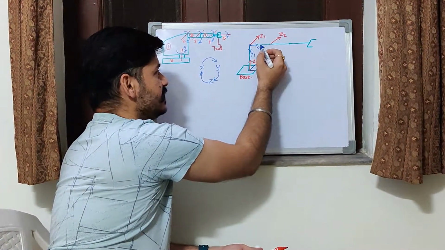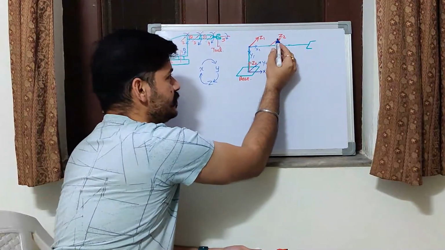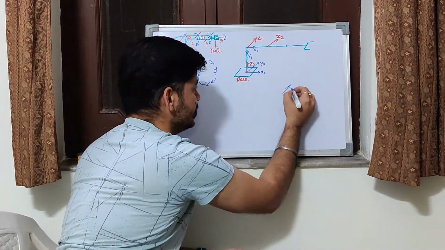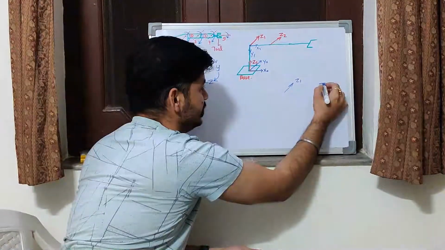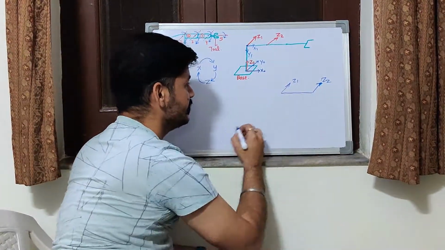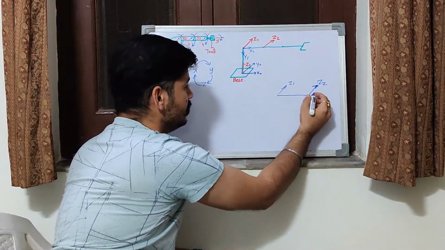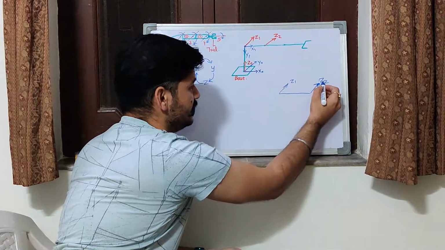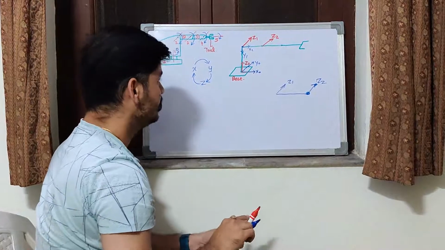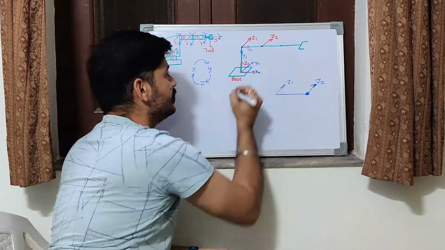Now in this case, what we do is we have to assign a common normal to these two. I am just drawing here for the reference. So this is z1 and this is z2, both pointing inside. So the common normal will be this. You can see here in the green color, that is your link. And if you want to assign the origin, the intersection of the common normal with z2 will give you the origin. So this will be the point of origin. Over here you can see this is your origin for the next coordinate frame.